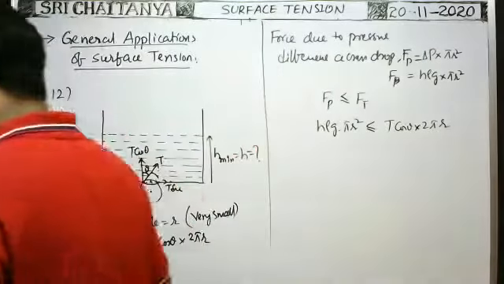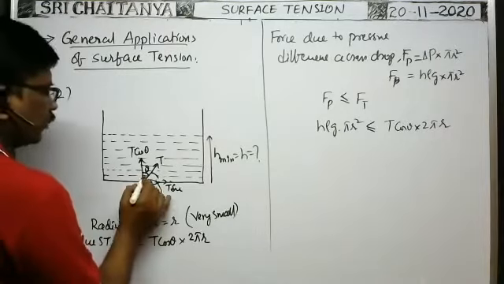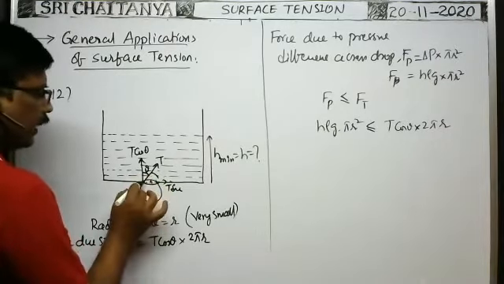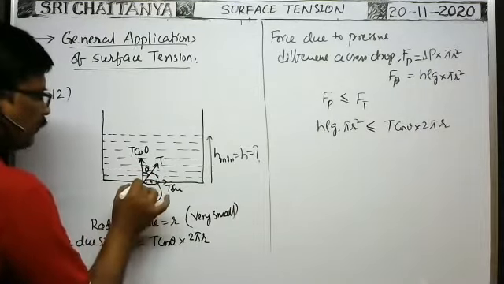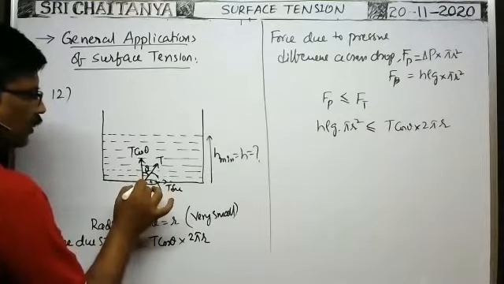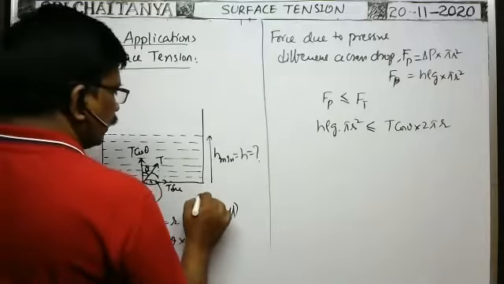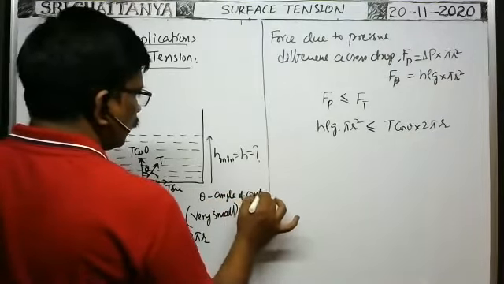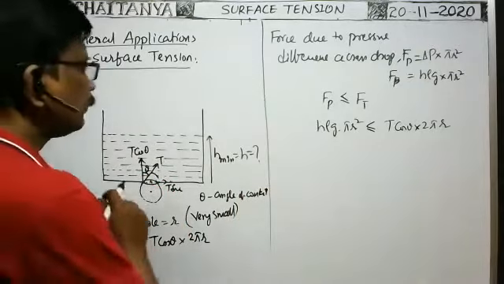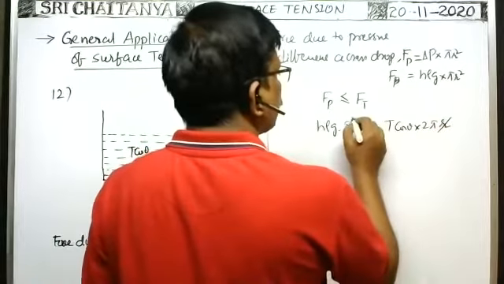Okay, so here theta is the angle of contact also, because exactly at this point the thickness of the beaker is along the vertical direction. That's why theta becomes the angle of contact also. So therefore, from this formula, r square cancels.